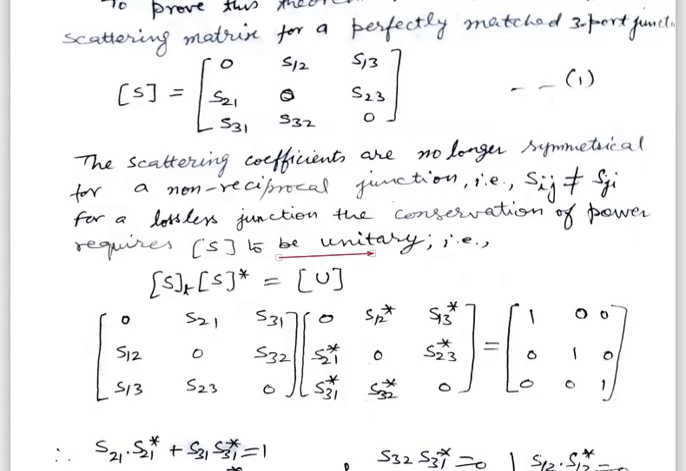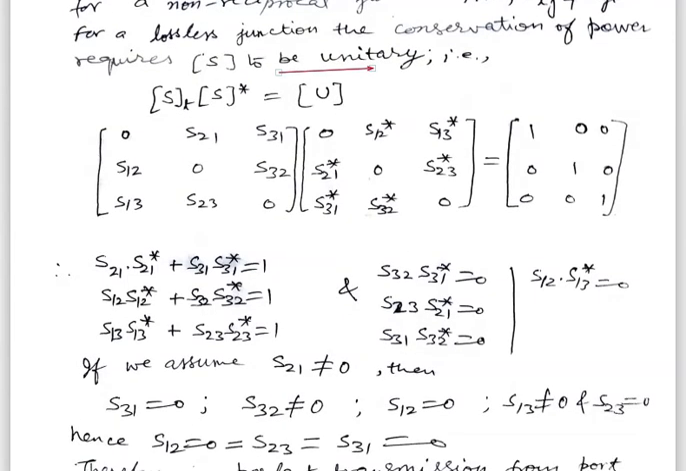St into S star will be a unitary matrix, that is, the product of the transpose of the scattering matrix and its complex conjugate must be equal to a unit matrix. So from the scattering matrix, we write down the transpose matrix and the complex conjugate of the scattering matrix, and it must be equal to a unit matrix. After taking the product of these two matrices and comparing the coefficients on the other side of the above